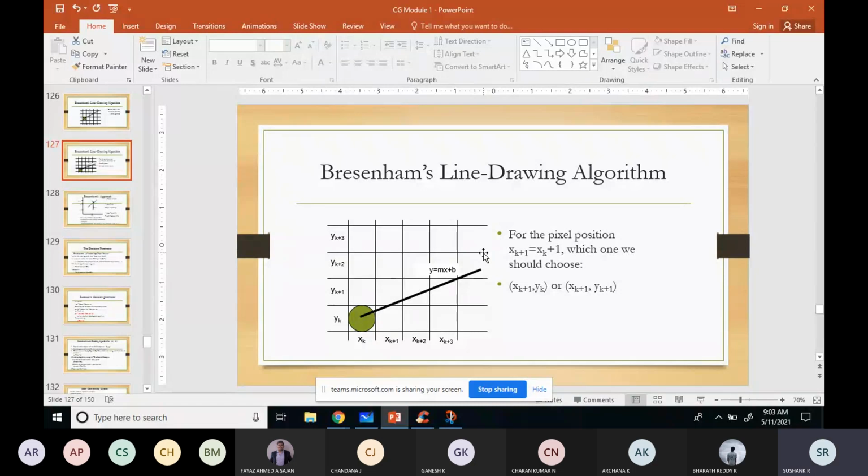That is, you will be considering yi. And if d1 minus d2 is greater than 0, which point will you consider? In our case, we'll be considering y of i plus 1. So now let's simplify those equations further.